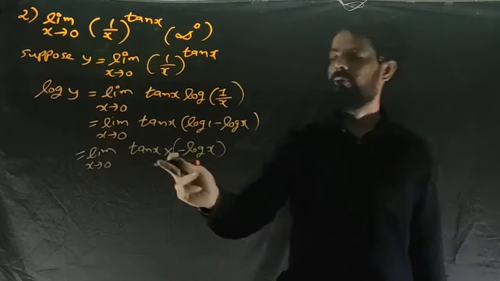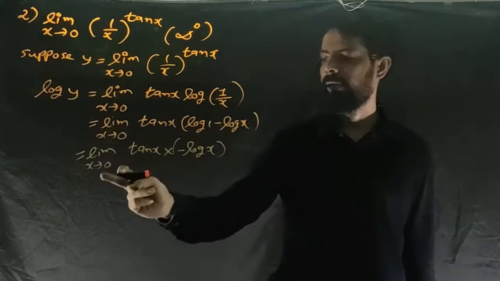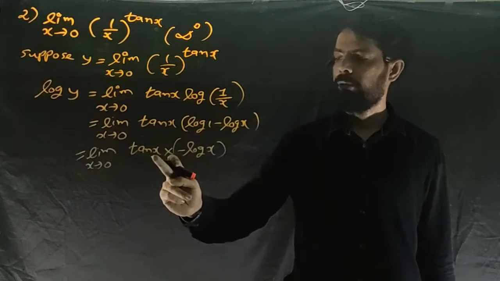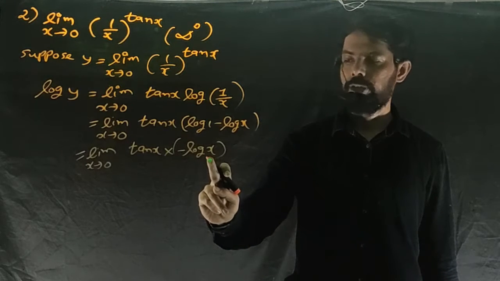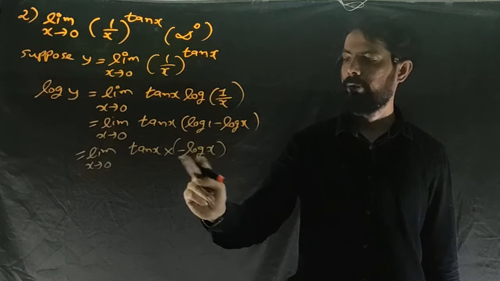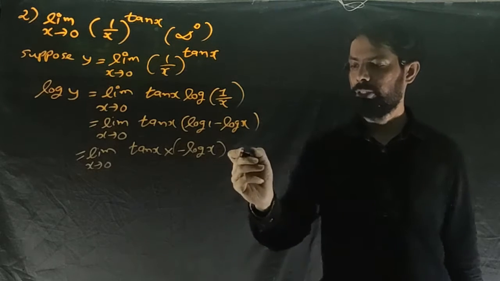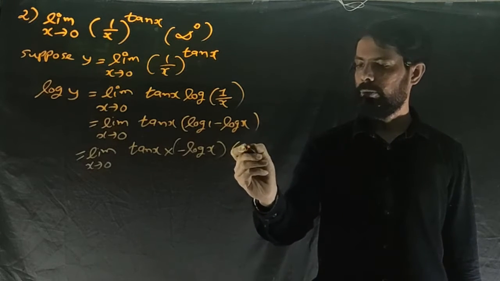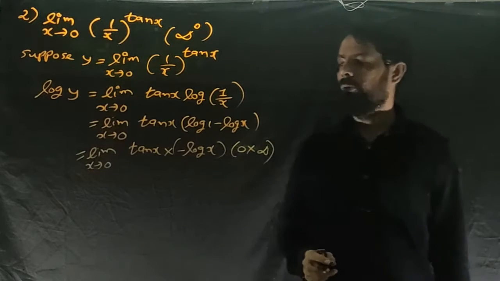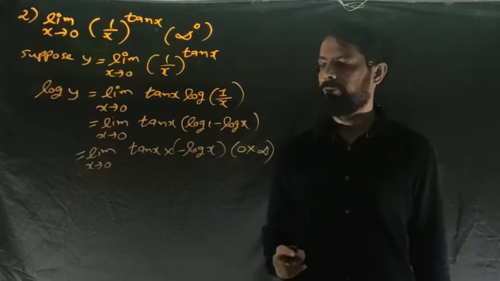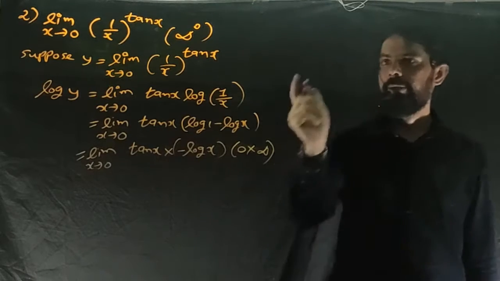Now we will check the form of this. So for that, replacing x by 0, the value of tan 0 is 0, and the value of log 0 is minus infinity, but here it is minus, so it will be plus. So this will be 0 into infinity form. Now how to solve 0 into infinity form? So for that, this can be written as